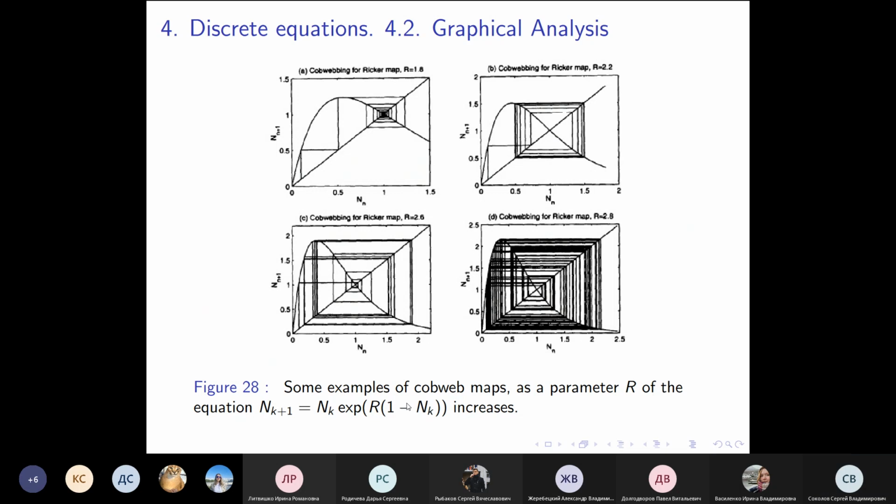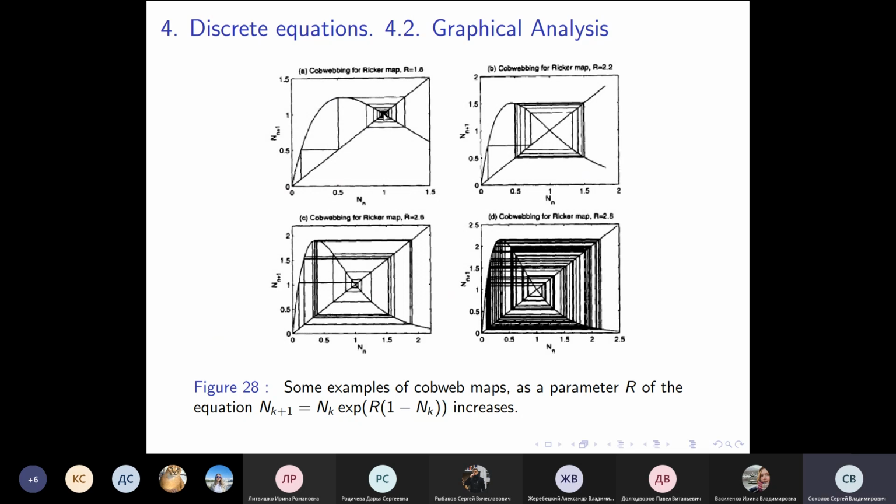So we are trying to solve the equation for different constant r. If r is 1.8, we see that this equation has only two solutions: the zero solution and the solution